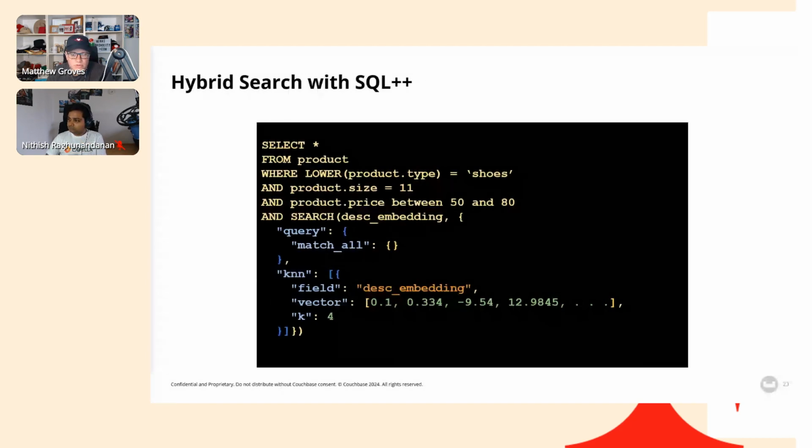Those are more traditional predicates to filter this down to shoes, shoe size, and so on. We could ask the vector search to give us information about a specific shoe size, but really that kind of filtering is much better off with a discrete match. And so you can bring in to the same SQL query those Couchbase features like time series and geospatial, ACID transactions, graph traversals, all within a single query.